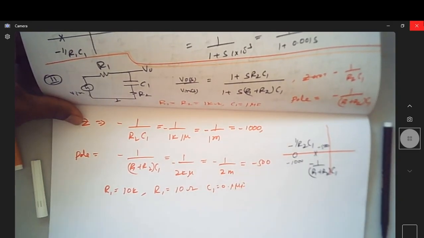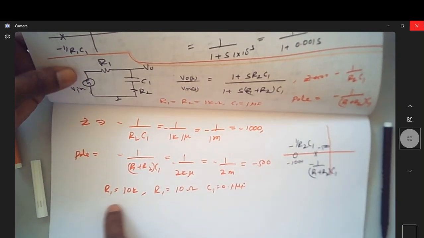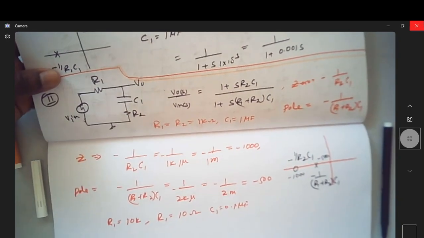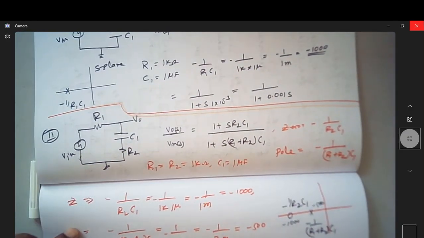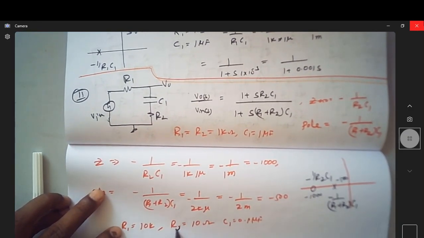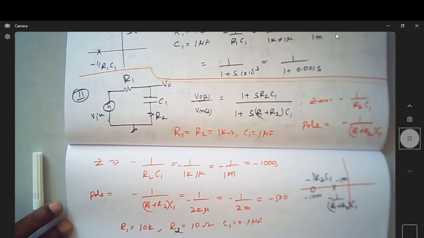I'll just leave it to you to explore the poles and zero position for different values of R1 and C1, and of course R1, R2. So let me just make this R1, this R2. Next we shall move on to the next circuit, where, instead of adding a resistor in series with this capacitor,